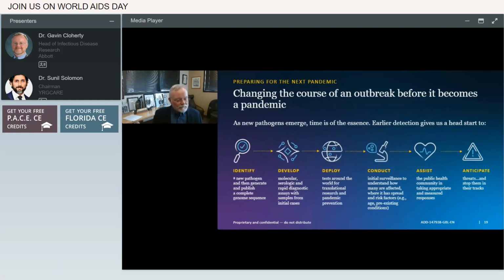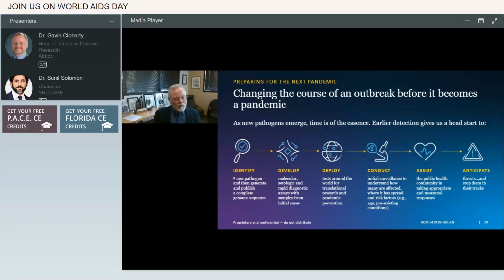There are many networks out there who are also trying to do this type of work, but I think where the Abbott Pandemic Defense Coalition is unique is that in addition to identifying novel pathogens and democratizing the expertise and techniques that we've developed over the decades, we also are able to rapidly react to what we identify in those samples, to quickly develop molecular and serologic tests, either for the core lab or for rapid diagnostic testing,